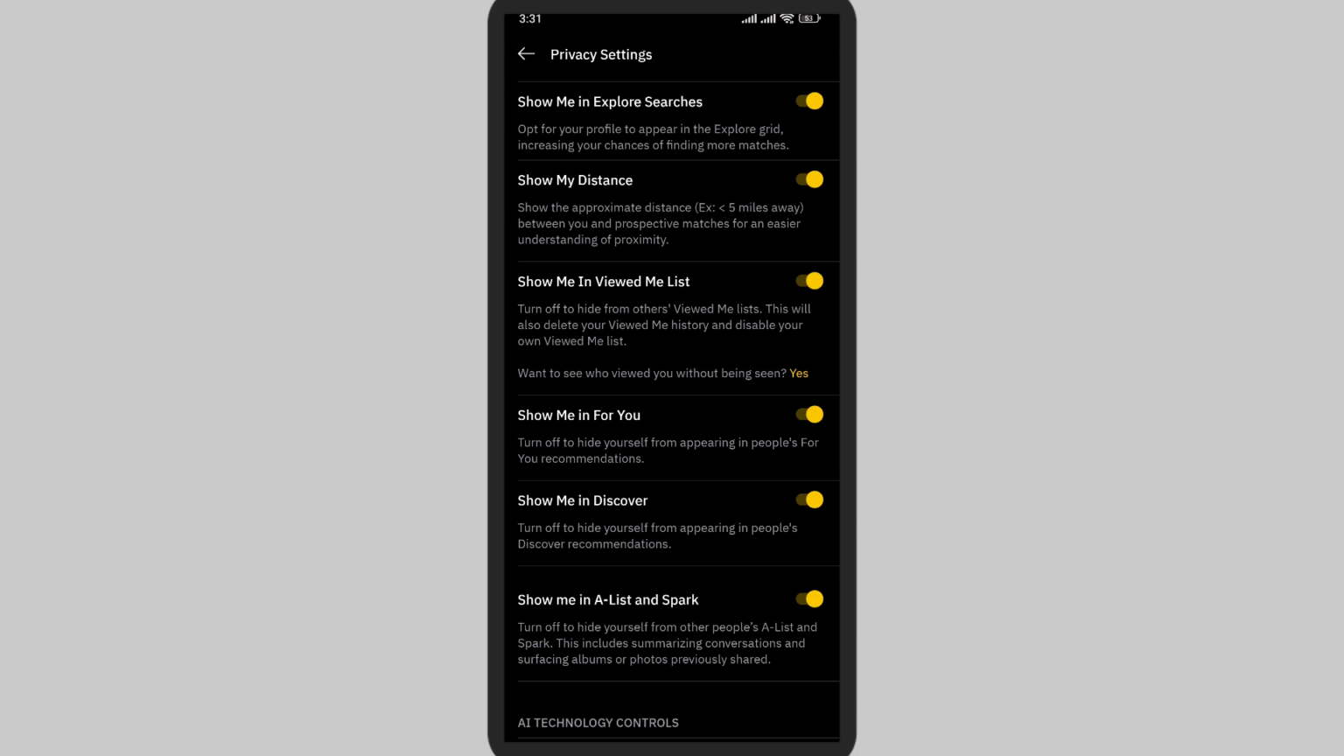So after you turn this on, your distance will be turned on and other people and viewers will be able to see the distance you're in. So basically it is a way to connect people near or around you. So you can simply go